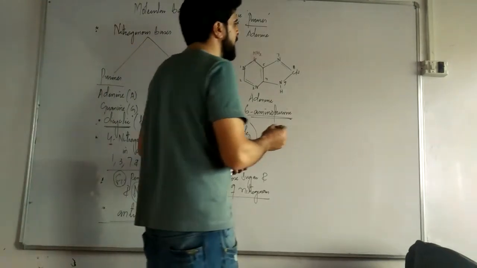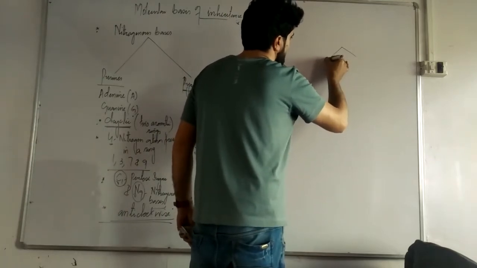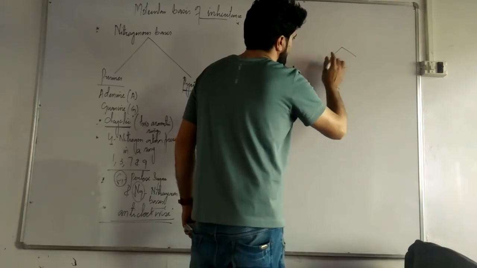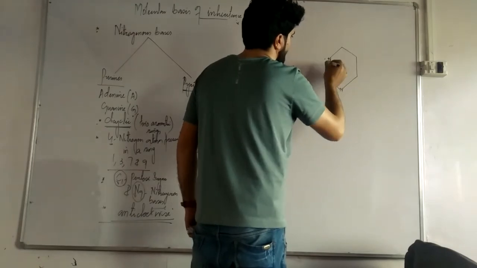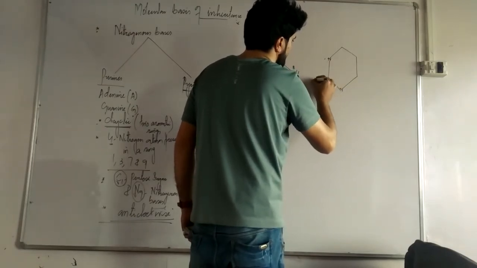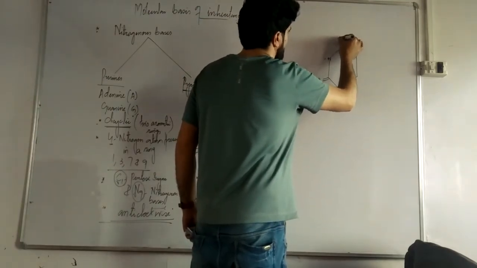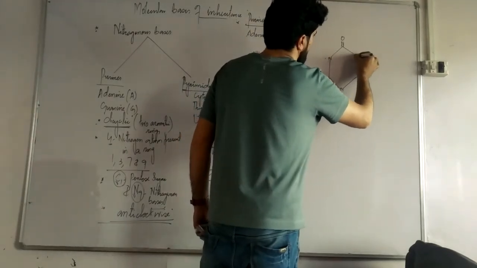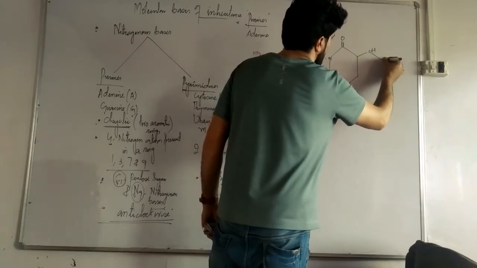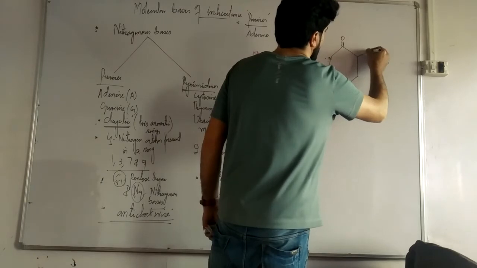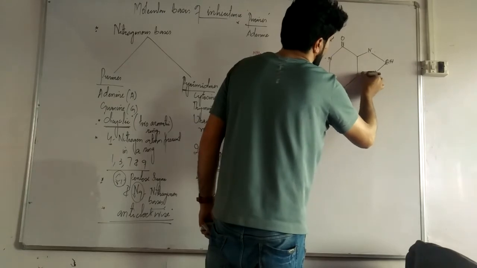Next we have the pyrimidine. If we are making a pyrimidine again, it has the same ring here. We have N here, then on this position we have N. Then here we have also N. And on this position we have the presence of NH2. And here we have a double bond O, an oxo group. And then here we have CH, then N, then NH, and then CH, again N, single bond H, like this.